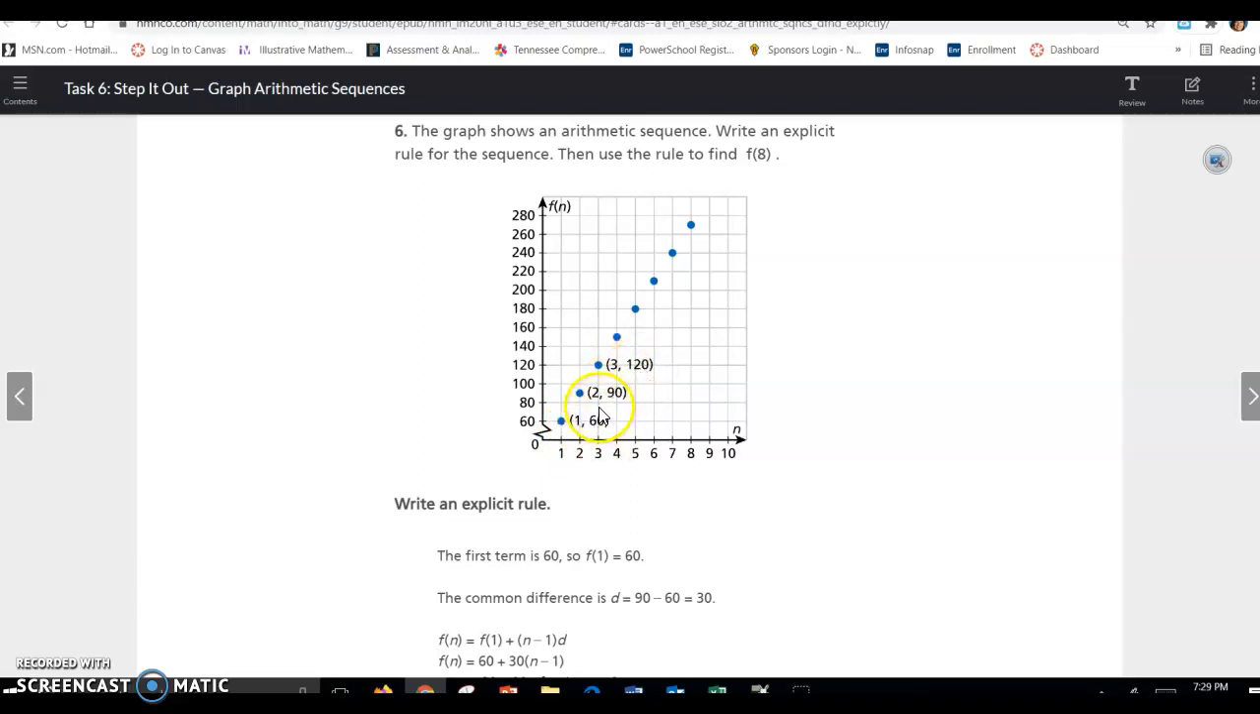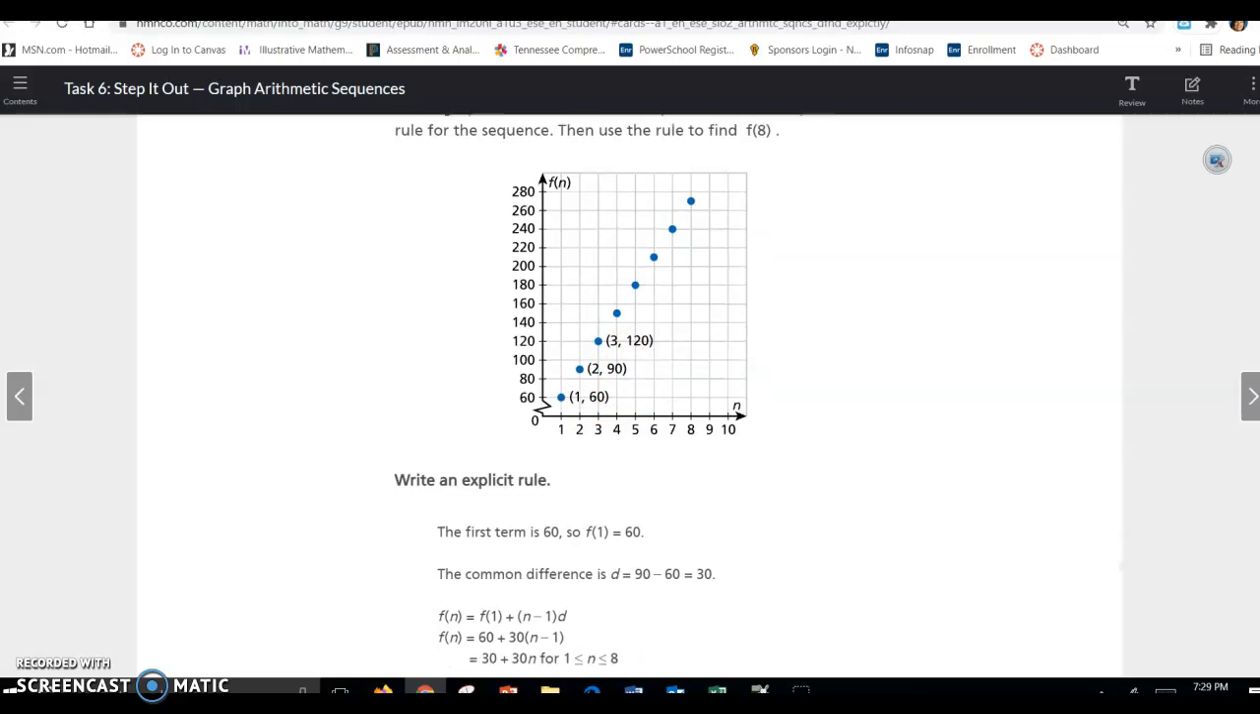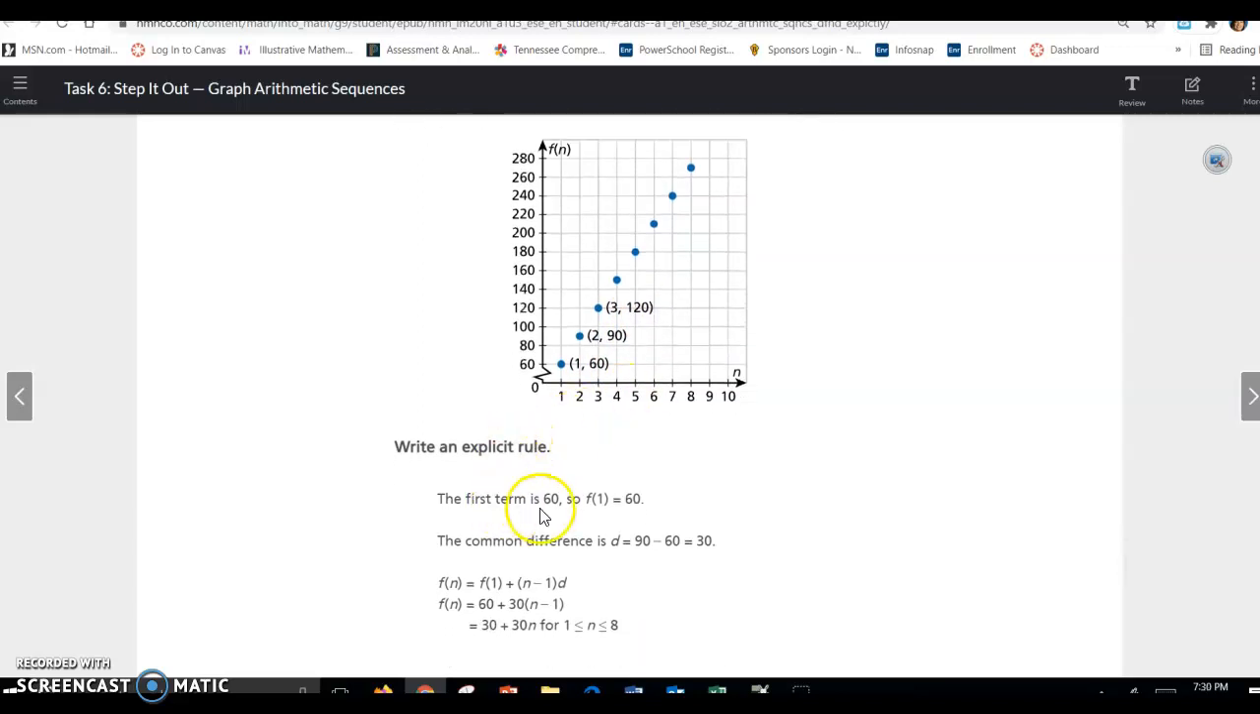So the first number in the sequence would be 60. And 90 minus 60 is 30. 120 minus 90 is 30. So you can see the common difference here is 30. And you can see that from the information given. So the first term is 60. So f of 1 is 60. The common difference is 30. So then we're just going to plug that in and find the